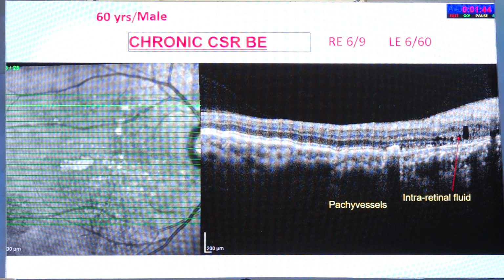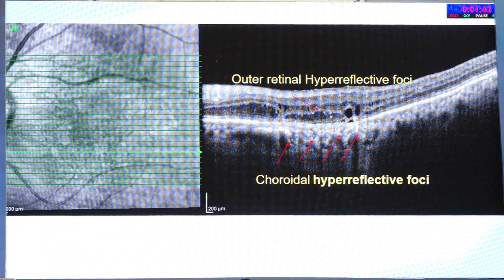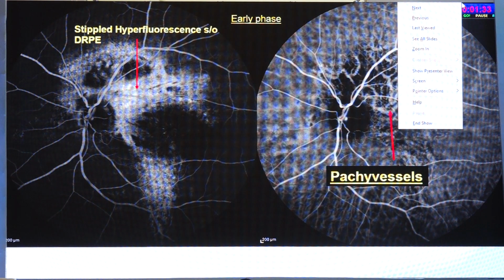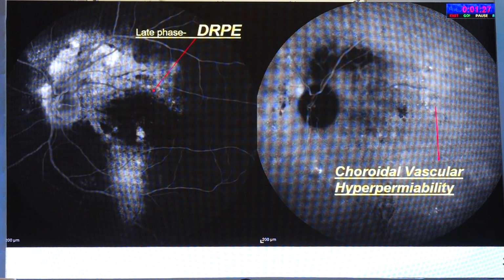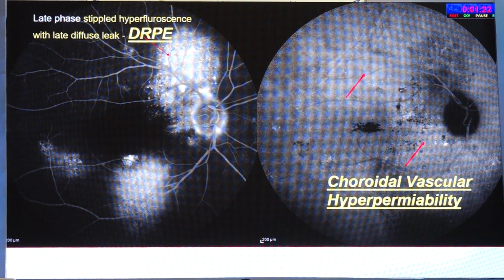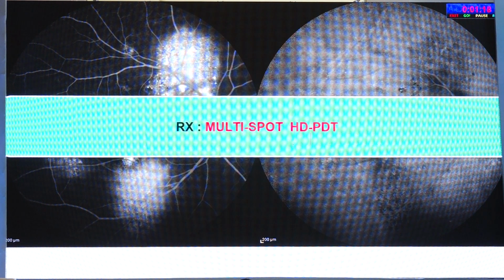So it has to be differentiated when you have chronic CSC with choroidal hyperreflective foci and outer retinal hyperreflective foci, and this case, this is a variant of CSC. Again, when you do the ICG angiography, you see these pachy vessels, choroidal vascular hyperpermeability in both the eyes, and diffuse RPE epitheliopathy. You differentiate. This is a case of chronic CSR with choroidal hyperreflective foci, and half-dose PDT was done for this